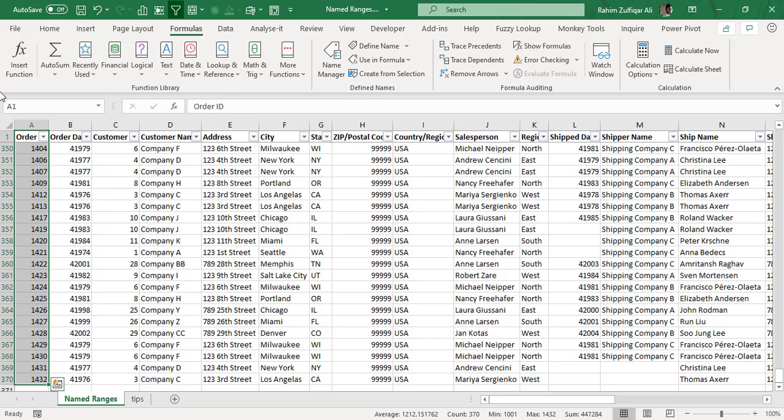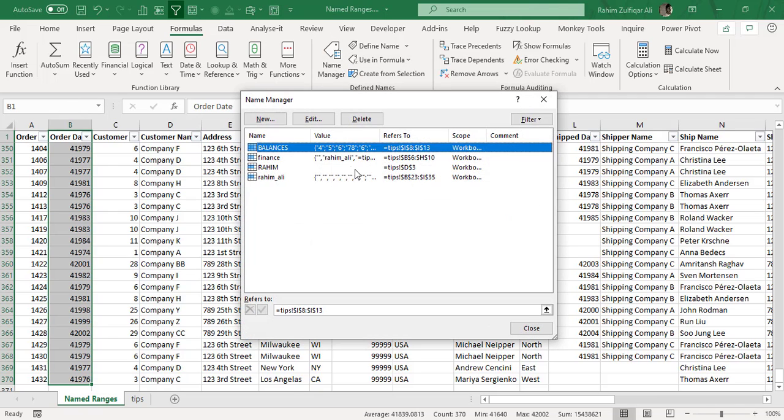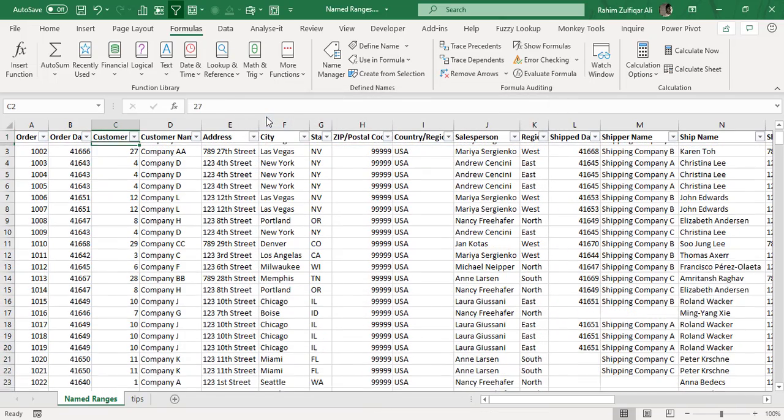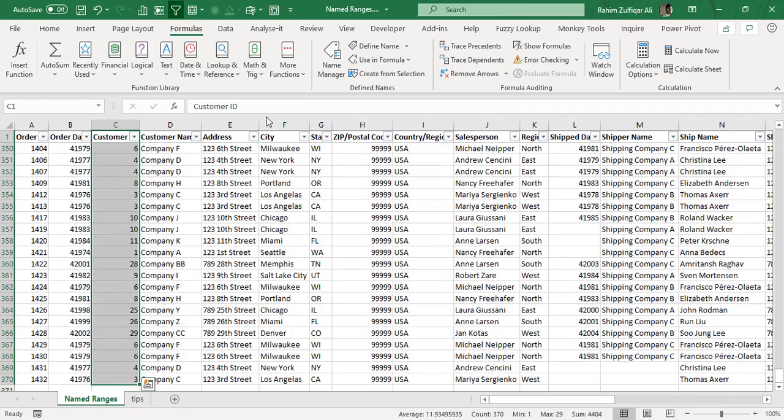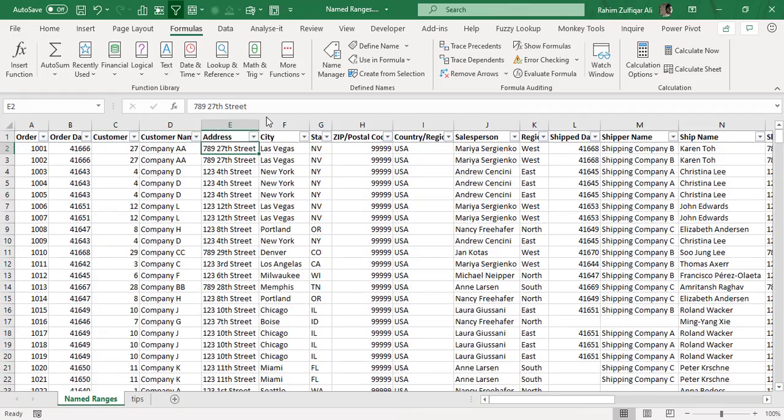I will go to the name box and give it a neat and nice name. Then I will go to the second column, I will select the entire second column, and I will again go to the name box, or I will go to the name manager and click new to give a name to this particular column as a name range. Then I will select the third column, fourth column, and so on, and that will take